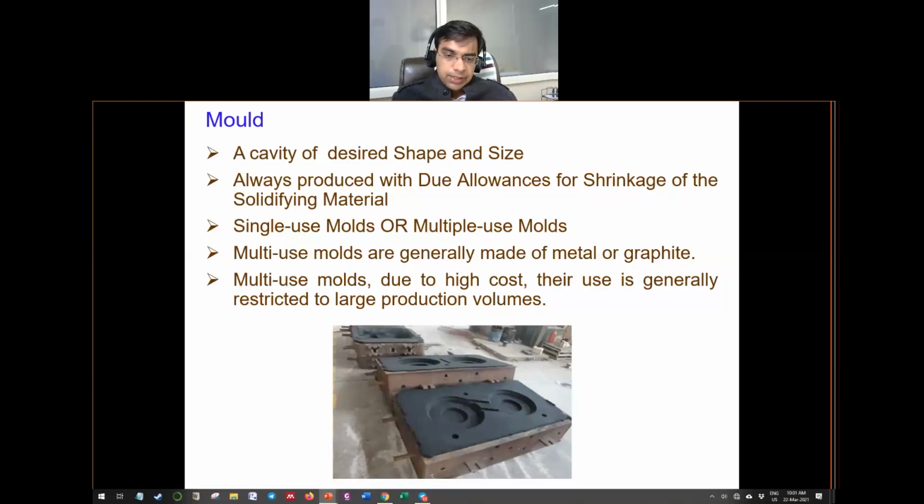Subsequently, once we complete it, we will discuss some of the casting processes where you will see that other types of molds are also being used. So in this regard, the sand mold is basically a single use mold. It is mentioned here in the slide that